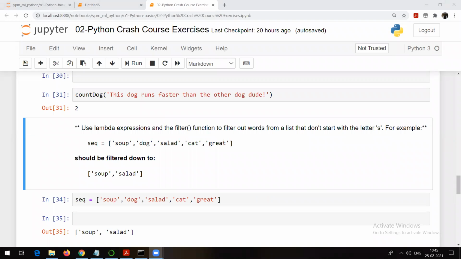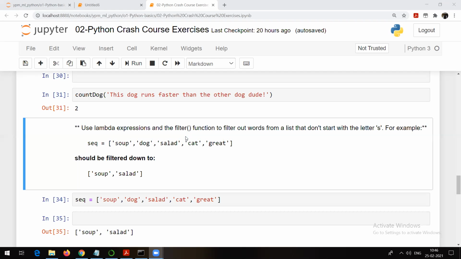So I hope, yes, I am getting answers, people are able to understand the question. Now see, that means we want such elements which are not starting with S. That means obviously we want to make use of those comparison operators, if you remember, right? So not equal to S.